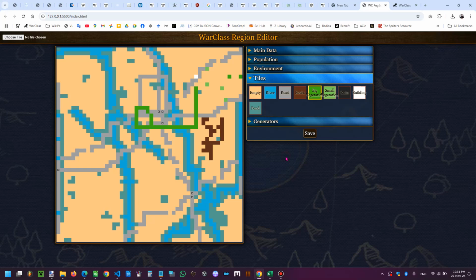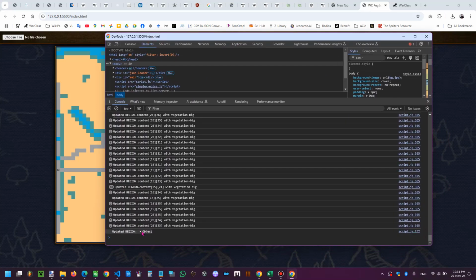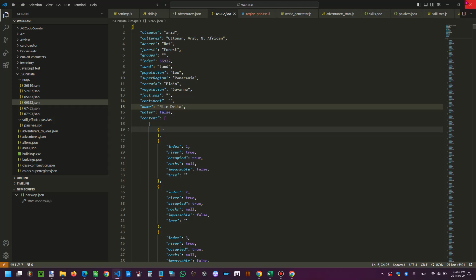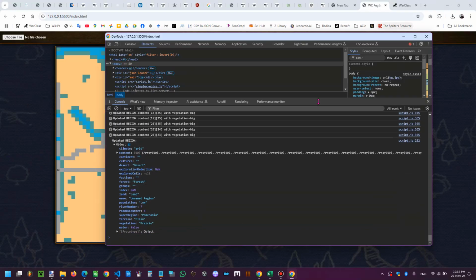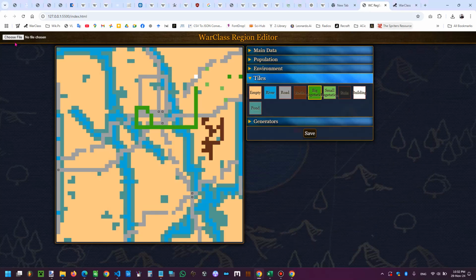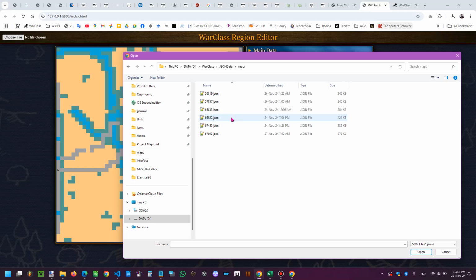So I can save. And when I save, let's say I want to save here, I go to the console here, and you see here, I have the object, and I can simply copy the object and then save it as a JSON data like this. Right, you can see the object here is the same. Okay, or maybe I can load a file. So for example, here I can load,